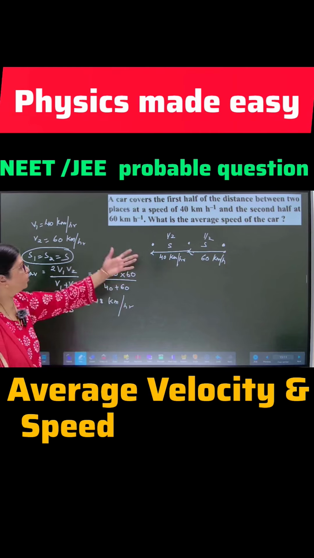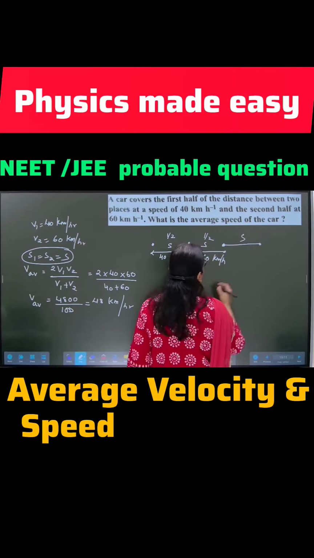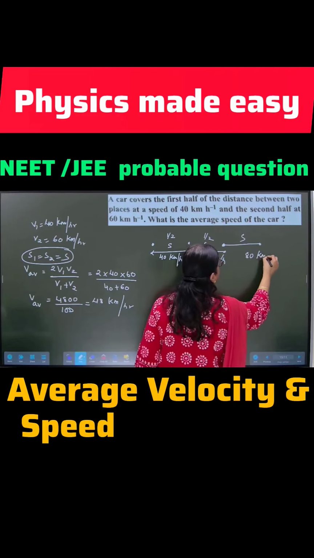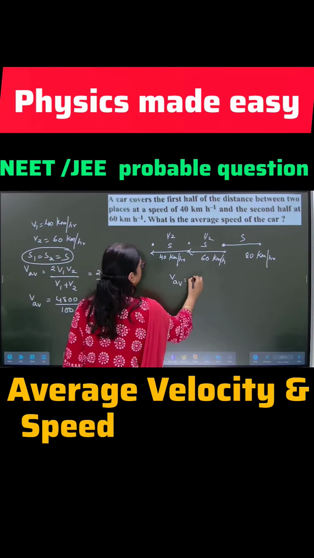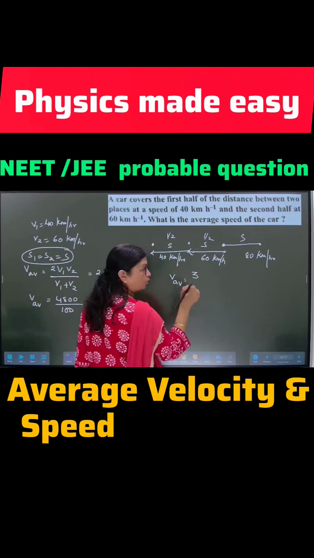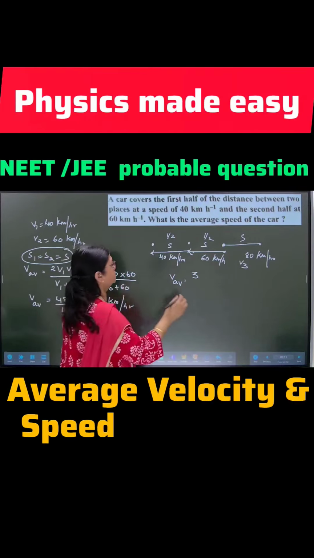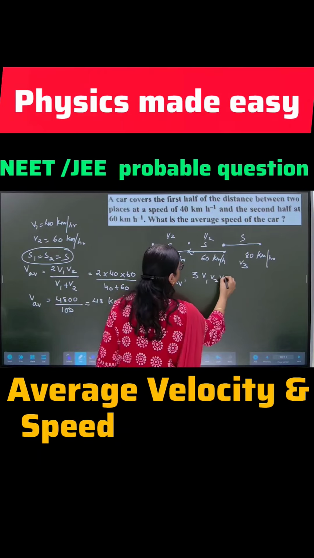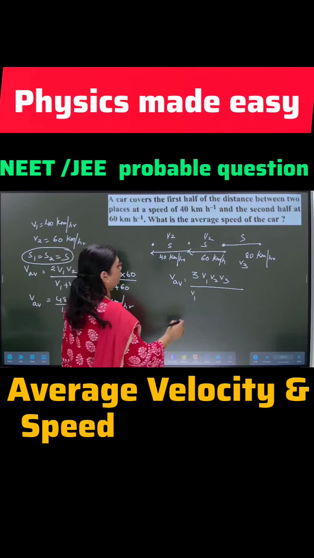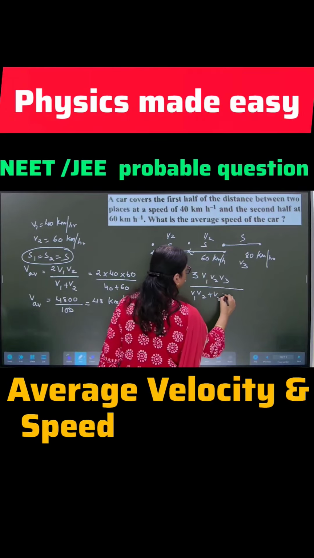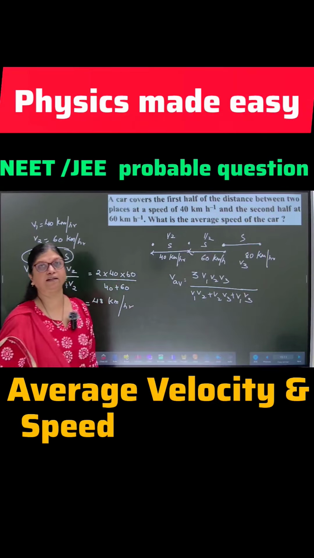Just a revision, if there was a third situation, this distance is also S and this is some 80 kilometers per hour, then what formula would I write as V average? This is just for memory. I am not going to solve it, but for memory, this is our V3, memory of the theory which we have learned. 3 V1 V2 V3, simple, it will be easier, no need of following the whole procedure. V1 V2 plus V2 into V3 plus V1 into V3. Just substitute the values, you will get the answer.